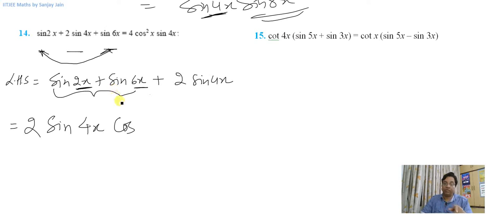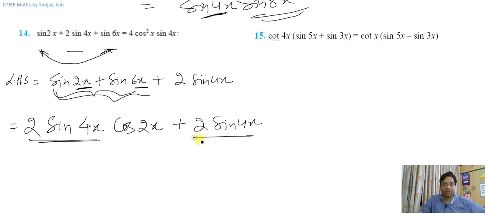by 2, minus 2x, but cos minus theta is equal to cos theta, so I'll write cos 2x here. Okay, so this is this term, and then I'll add 2 sine 4x. Now if you see, I can take this as common, right? So I can take this outside, 2 sine 4x, and if you notice on the right hand side, I'll anyhow have sine 4x. So you don't have to simplify the sine 4x term further,